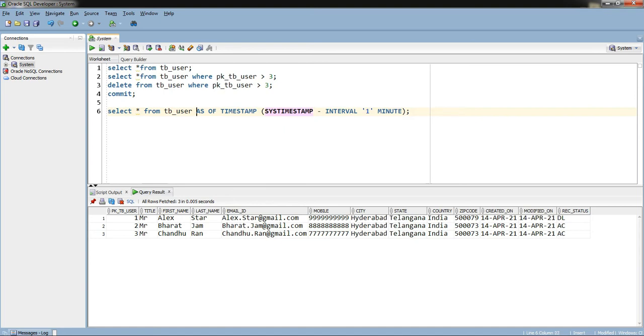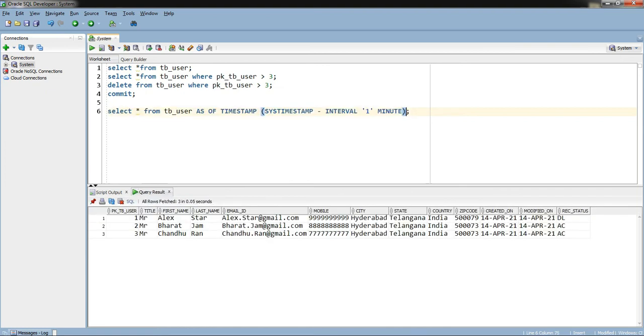Whether it is deleted or whether it is there or not, it doesn't matter. It will get the data on a timestamp basis. Actually, after deleting and even after we commit, the database will hold the data for some time. So within that period, if we use this query, it will still return the data.